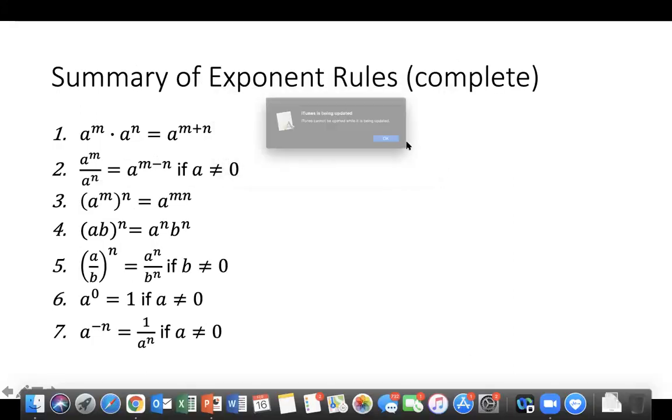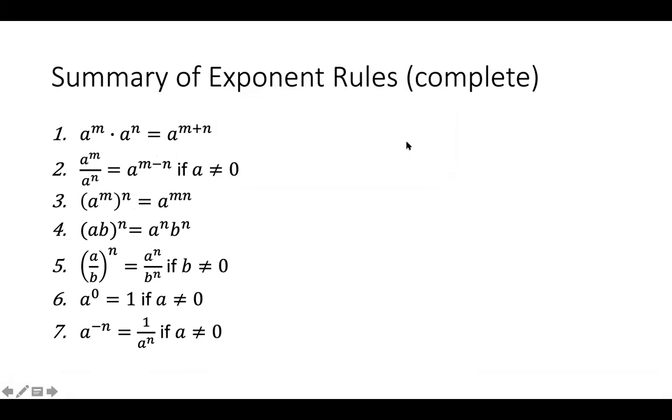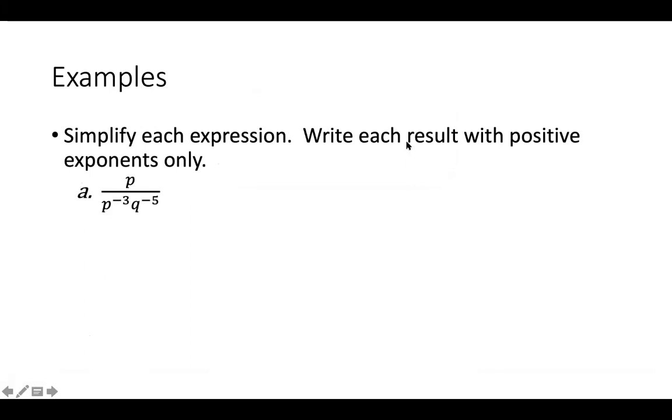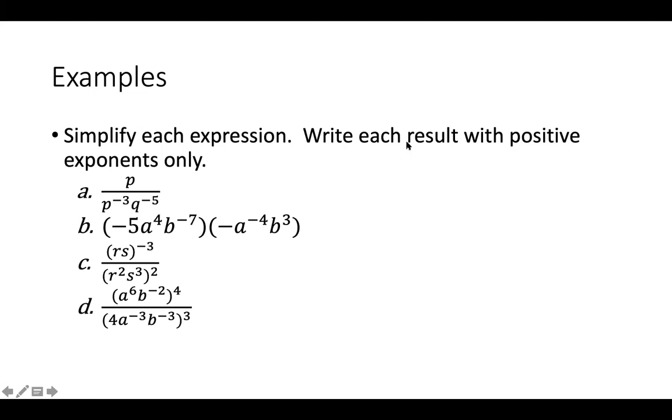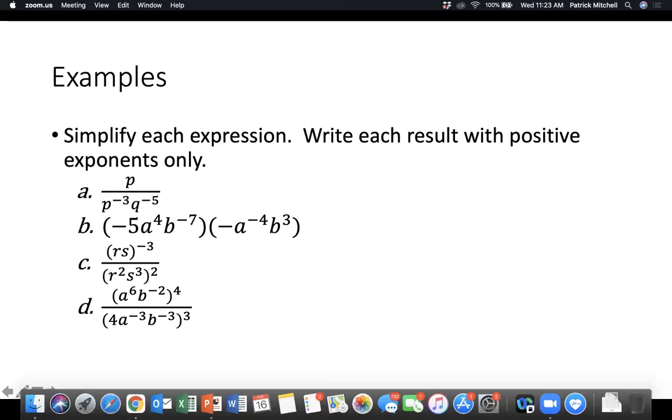Okay, so now we have our complete list of exponent rules, the same rules 1 through 6 that we learned earlier, and now we have rule number 7, which is the negative exponent rule. All right, so now we have another batch of examples. These are getting a little fancier now. All right, and of course I have these all written out on the tablet, so let's go back there. And we will start with